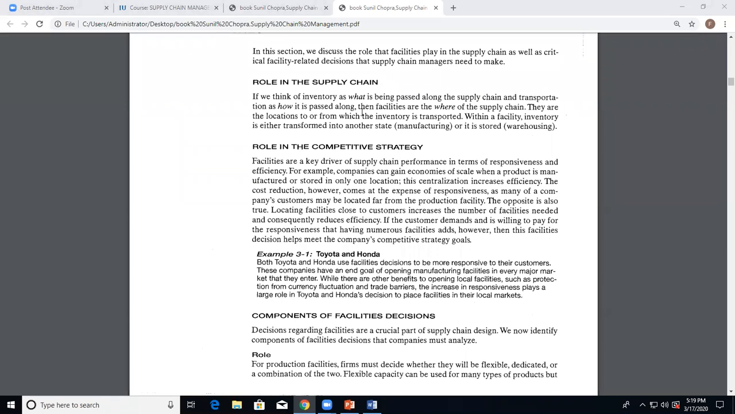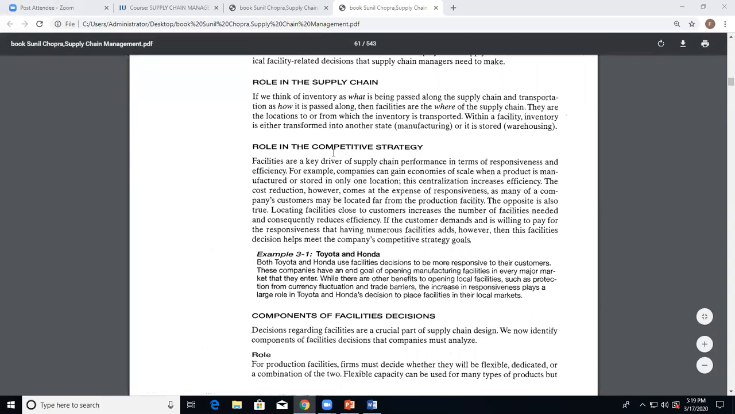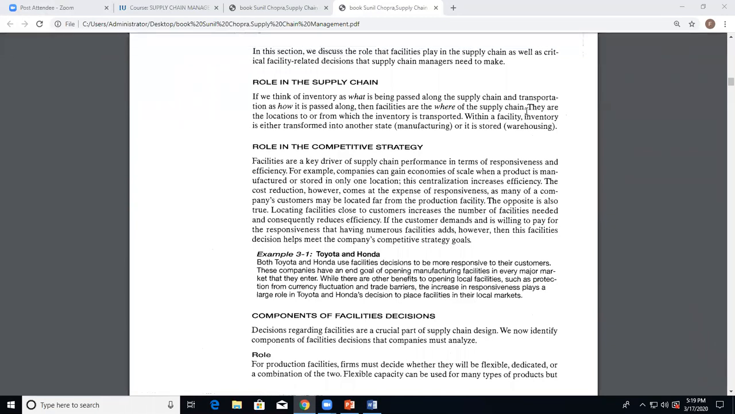If you think of inventory as what is being passed along the supply chain and transportation as how it is passed, ठीक है। What is passed, how it is passed, facilities are where of the supply chain, what is the physical location, ठीक है। They are the location to or from which the inventory is transported। Within a facility, inventory is either transformed into another state or it is stored।